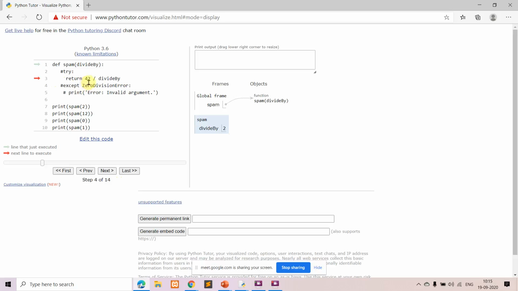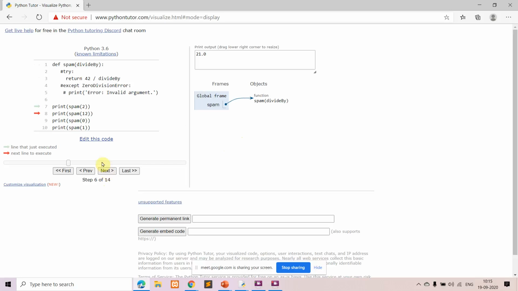It is going to divide 42 by the value in divide by, that is 2, and the result is 21.0.